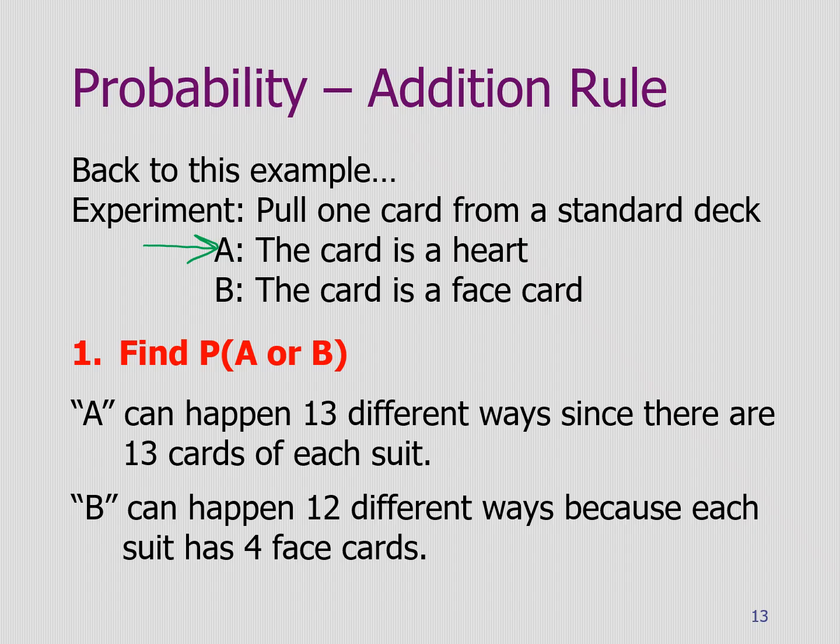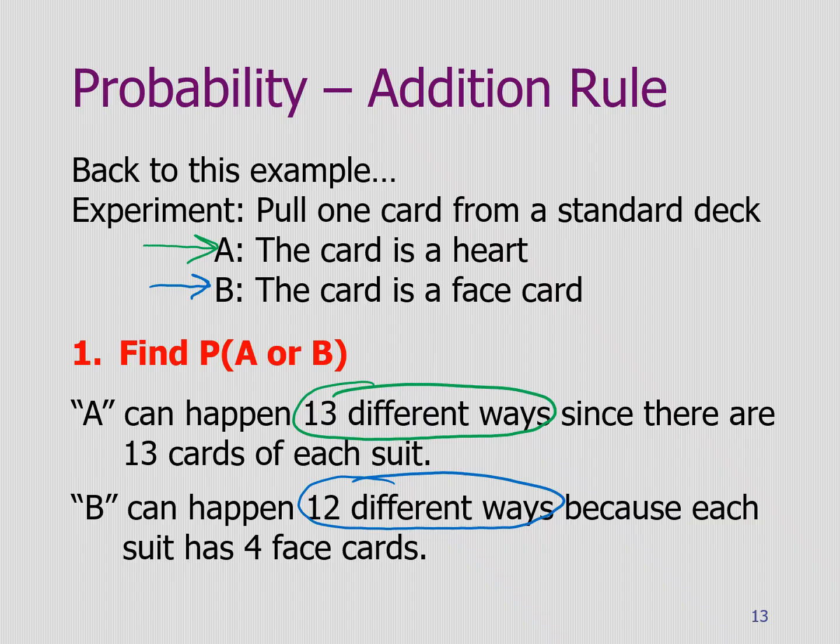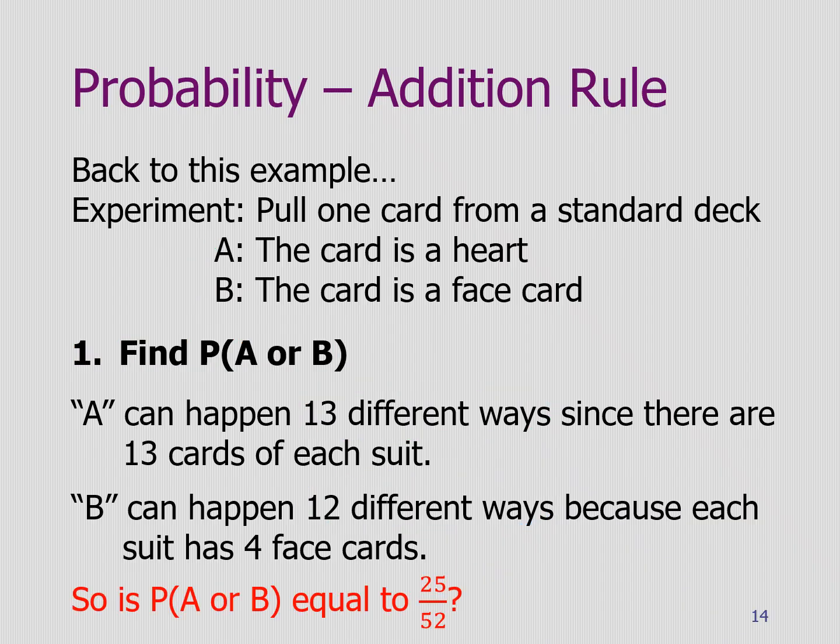So that's 13 different ways for event A, and if we're looking at event B, there's 12 different ways that could happen because there's 12 face cards. There's 4 jacks, 4 queens, 4 kings, right? So we've counted the number of simple ways each event can happen. So 13, 12,